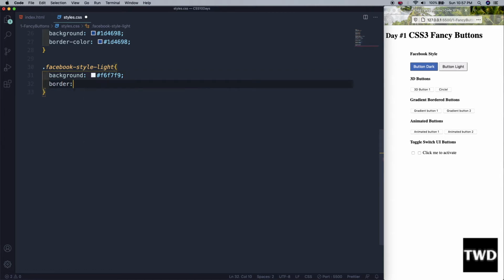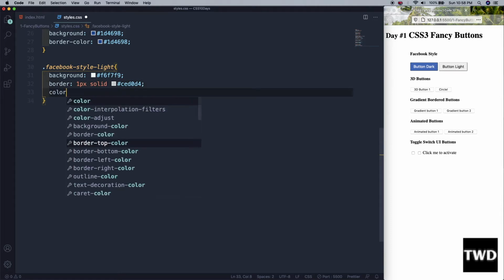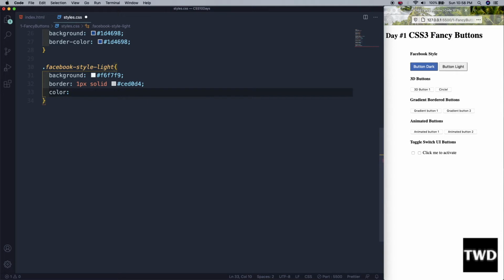Border is 1px solid hash CED0D4, and color is hash 4B4F56. So this will be the color. Let me save it. Yeah,